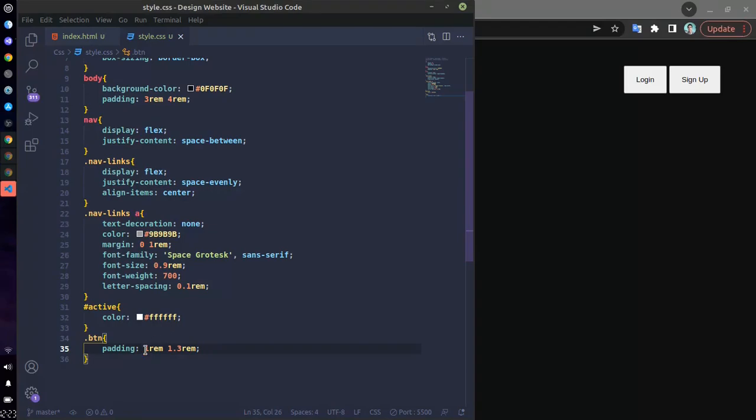That's way more than enough. 0.5 rem. Okay, that's good. We'll remove border to none, outline to none,